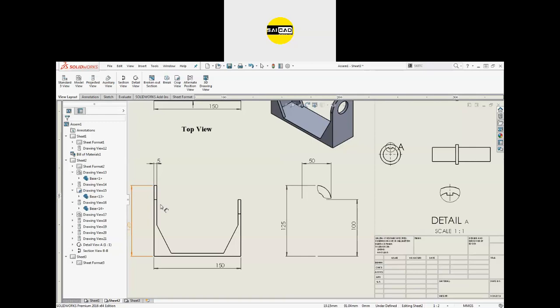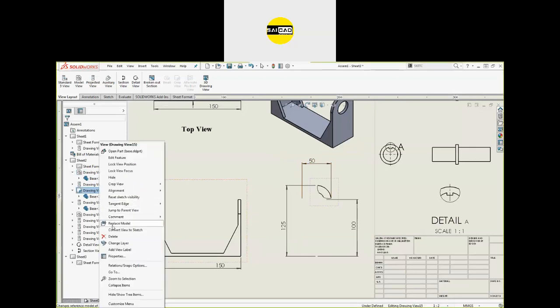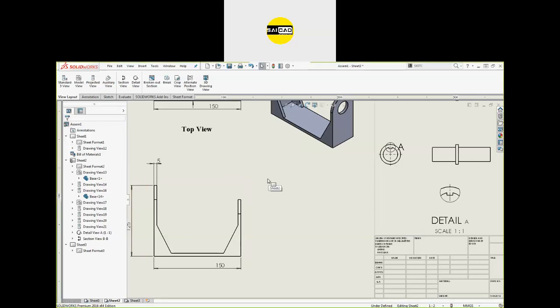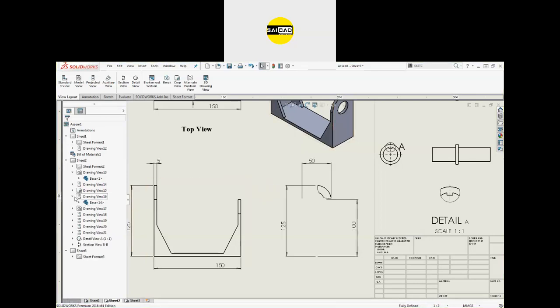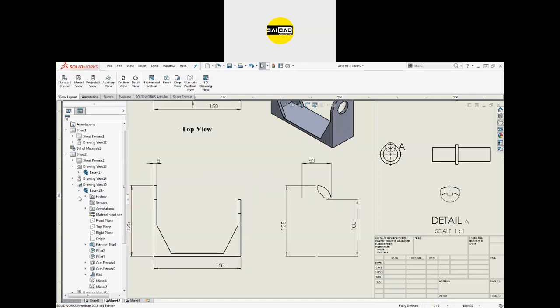So if you want to see where is that crop view, you can see here in the sheet 2 we have the drawing view 14 and the drawing view 15. This is the drawing view 15. You will see there is the crop view. So just delete that view or go to control view, use the drawing view 15.